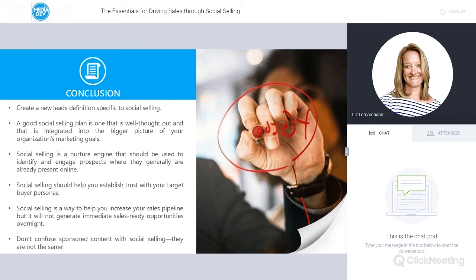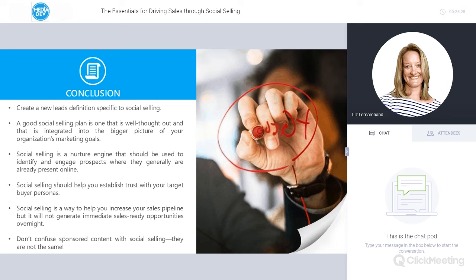So to conclude, first and foremost, do your homework. You need to research to determine who are the best buyer personas to target and why. You need to determine where those people are, which groups they're in, what channels you can tap into. You need to determine what content you should use, whether or not you need to create new content or a group of your own. And you need to determine how you can leverage other marketing activities, both on and offline, so that you have inbound and outbound efforts in place at the same time.